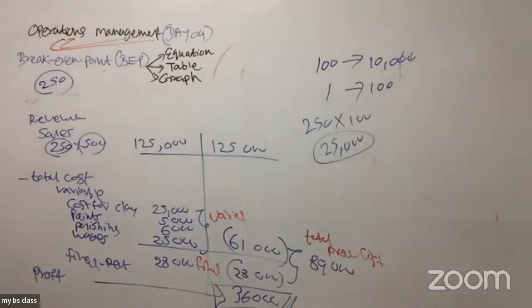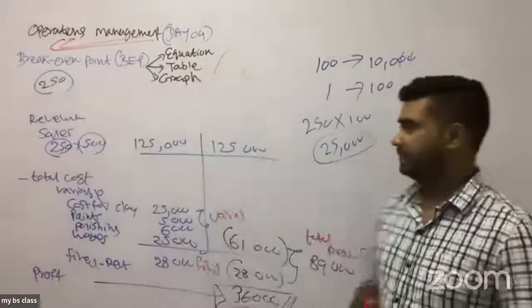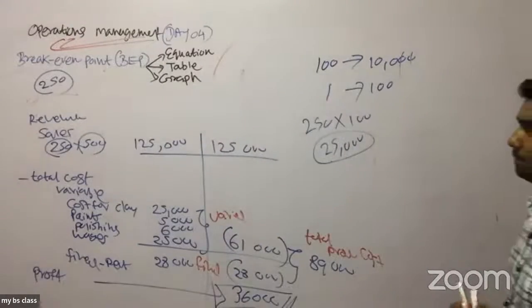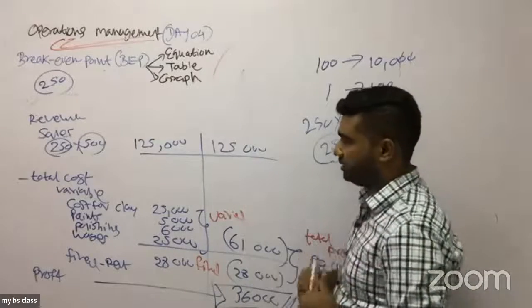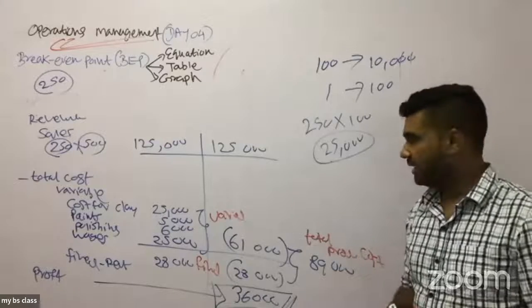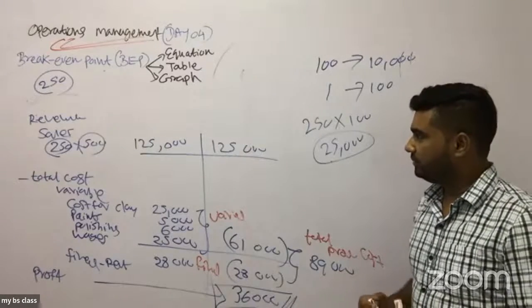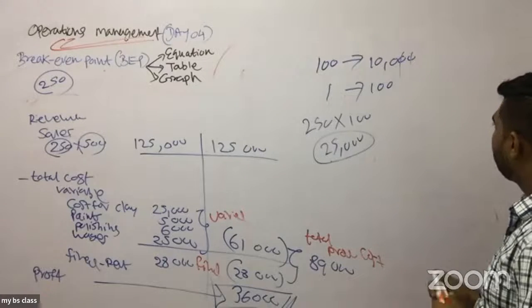Right, now listen well. Now guys, the contribution is that from the total revenue. Look at this example now. What is your total revenue here? 125,000. What is the total cost? 89,000. If I say it like this, right now you got the total revenue